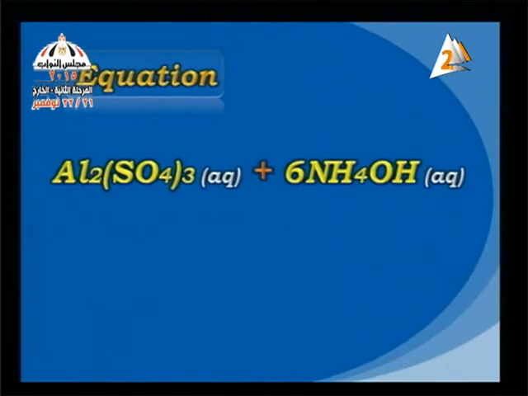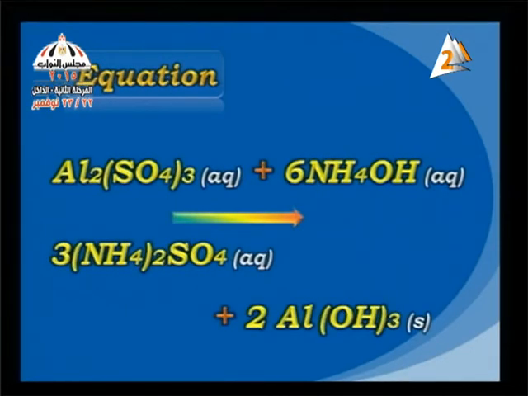Al2(SO4)3 aqueous solution, it must be aqueous, in the presence of NH4OH, ammonium hydroxide aqueous solution. No, this equation is not right. You must say 6 molecules of ammonium hydroxide. My dear colleague, tell me, what is the result now? The result here, we have 3(NH4)2SO4 in aqueous solution, ammonium sulfate aqueous solution, plus